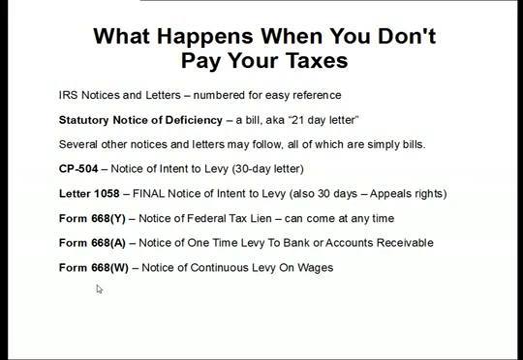Some other things that are going to be out there. A Form 668Y. This is a notice of federal tax lien. A tax lien can come at any time, before, after, during a letter 1058. The IRS will usually file a lien against a business or a person after they've owed a tax liability for 4 or 5, 6 months. But sometimes it takes them 2 years. Sometimes they never file it. But the majority of the time it'll happen well within 6 months through an automated system.